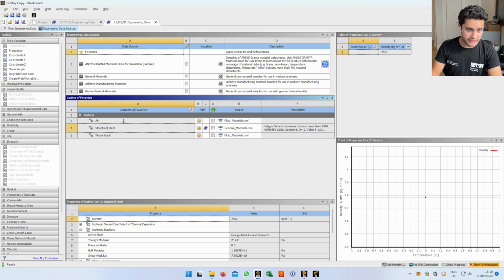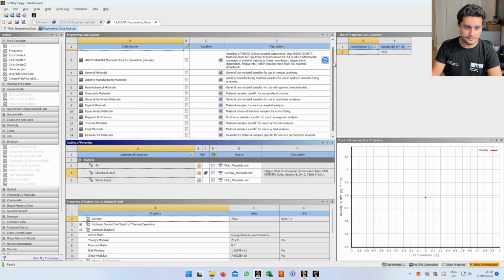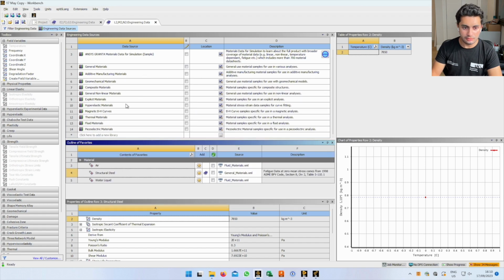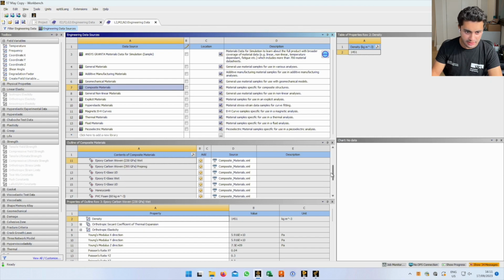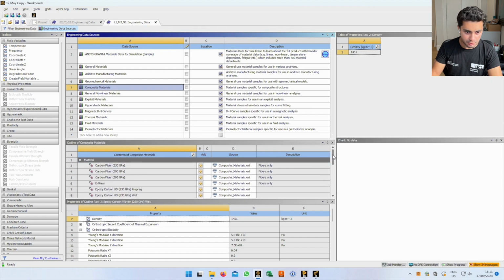Then if we just drop that down a bit, here we've got all of the different material libraries that are within Ansys. So first of all, I'm going to look at composite materials. That opens here, and I